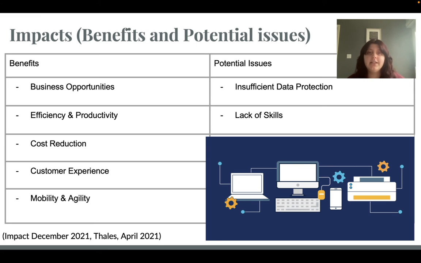The second point is how it improves overall efficiency and productivity through job satisfaction, as well as improved performance, which again contributes to the overall supply chain. Some methods used can be replacing time-consuming tasks with technologies such as automated PDF conversion software, faster Wi-Fi, and bigger bandwidth for staff. The third benefit of Internet of Things is cost reduction.